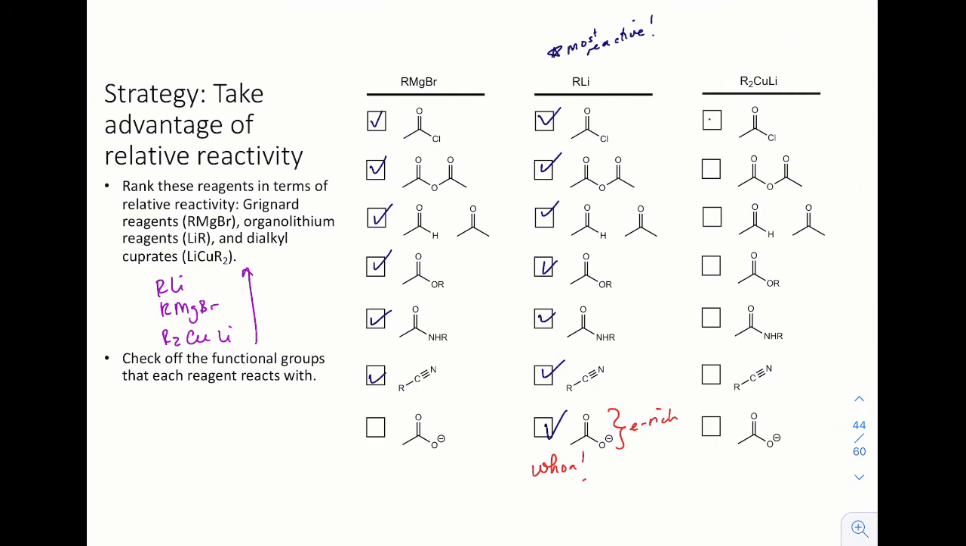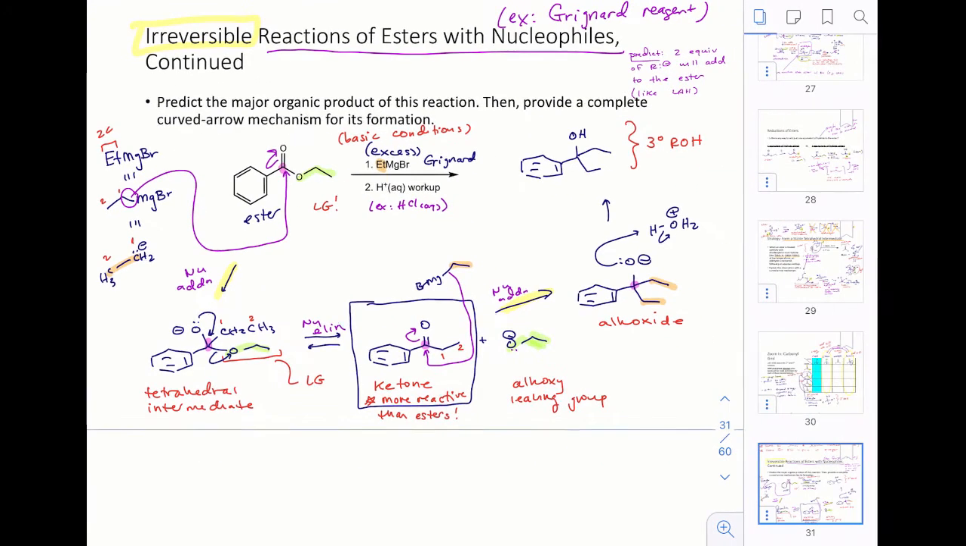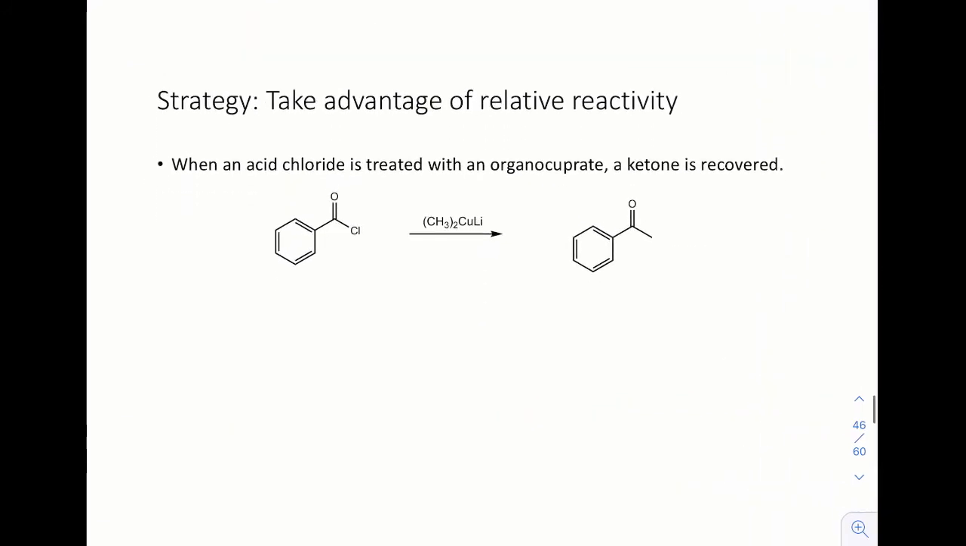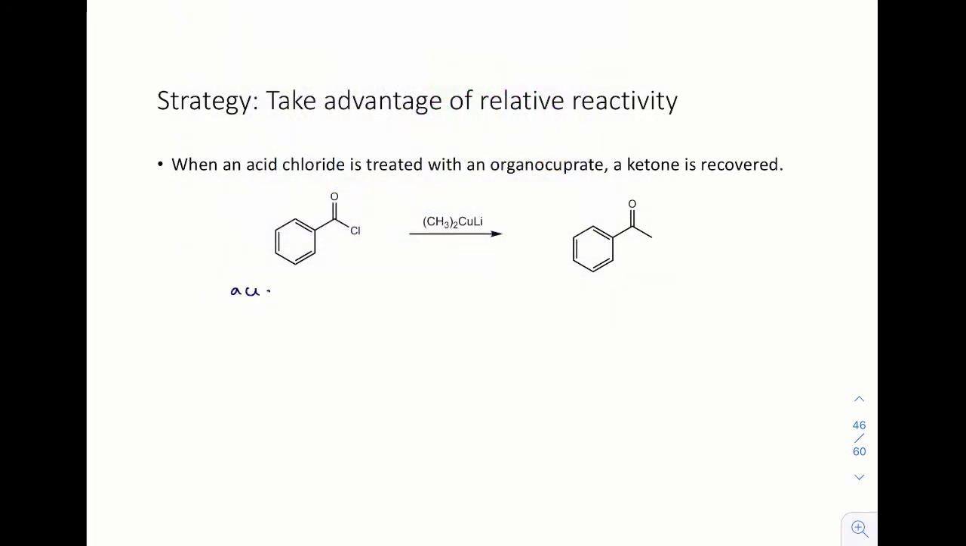Well, as it turns out, they react with acid chlorides. And what's really significant is they do not react with aldehydes and ketones. Why is that significant? Remember the problem with Grignards. Ketones were an intermediate and they react with Grignards, but ketones do not react with cuprates. Unfortunately, cuprates do not react with esters, so we can't use the same starting material, but from an acid chloride,